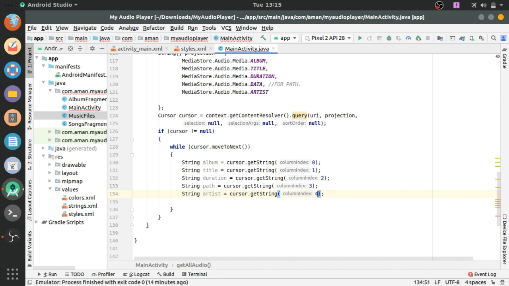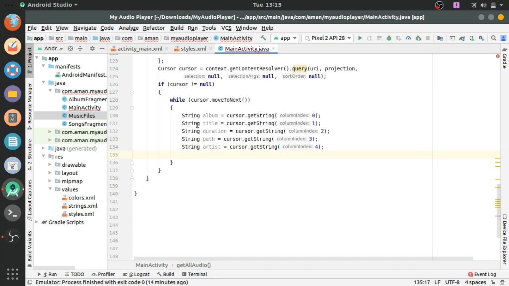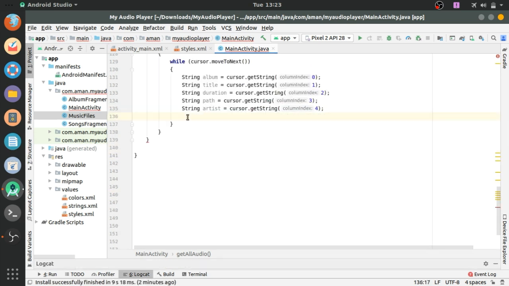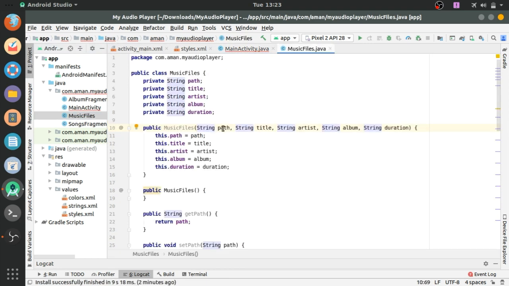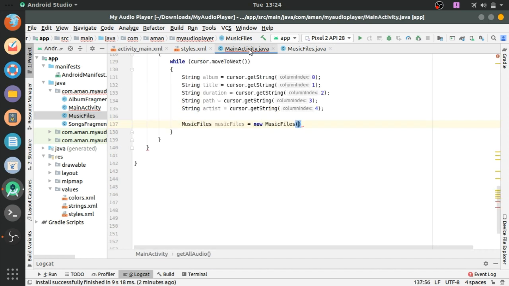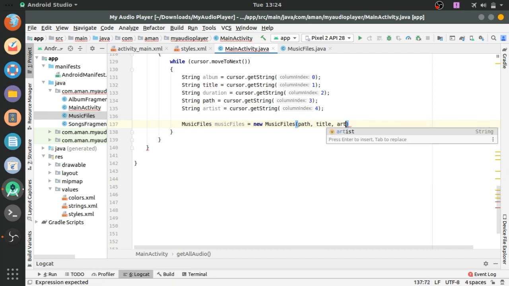From above you can see. Now initialize the MusicFiles equals new MusicFiles and pass the arguments, and the order should be the same as what we have already passed in the MusicFiles class.